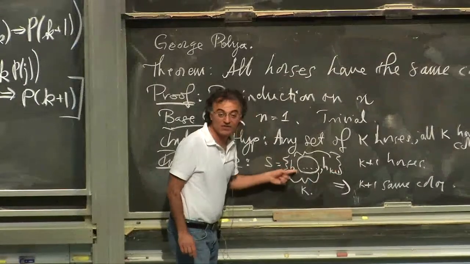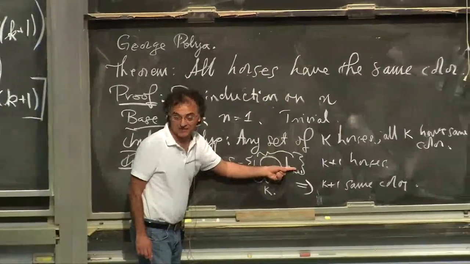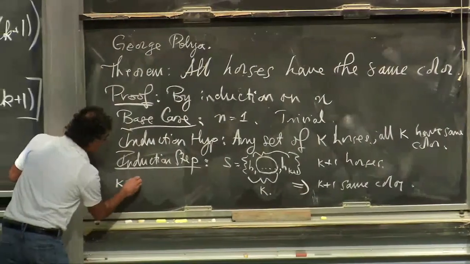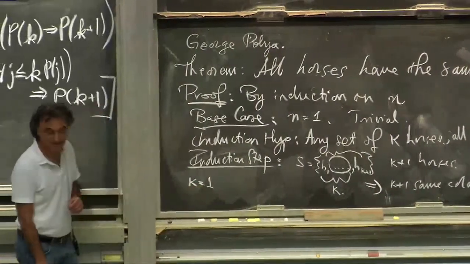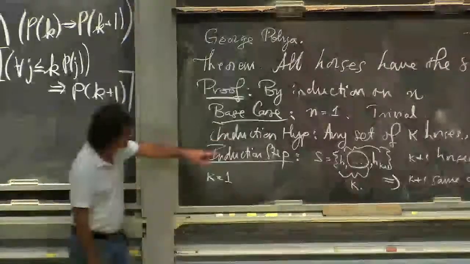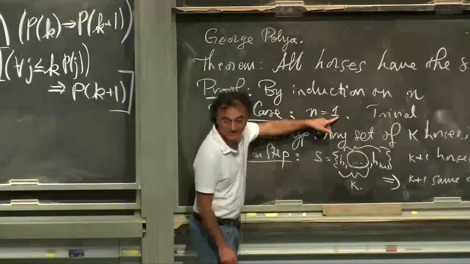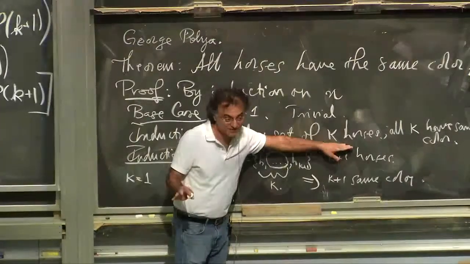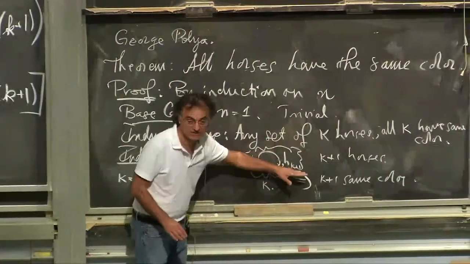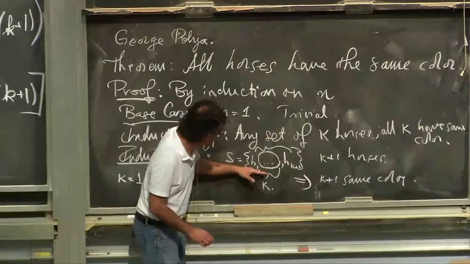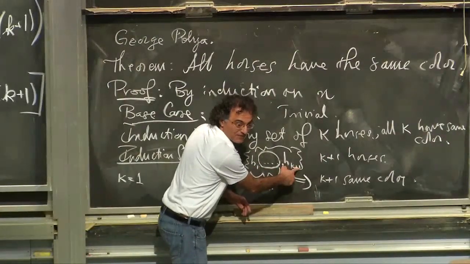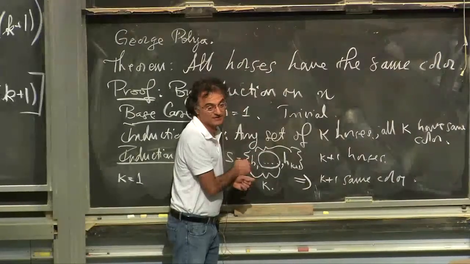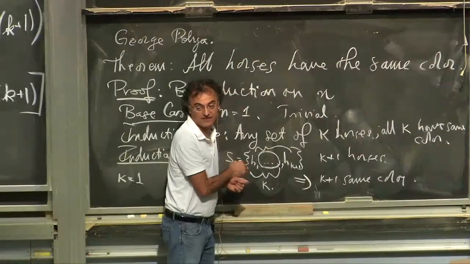is this drawing is misleading. Look at the case where k equal to 1. That was our base case. We proved it. This was a true statement. K equal to 1 horse. That's good. We are now trying to show for 2 horses. So this is 1. K plus 1 is 2. There are no middle horses.